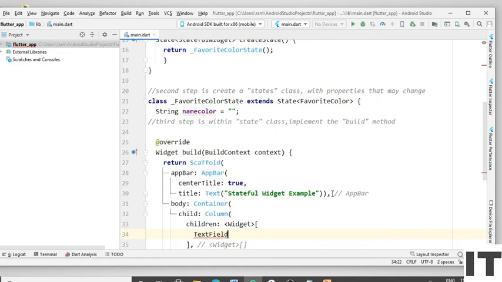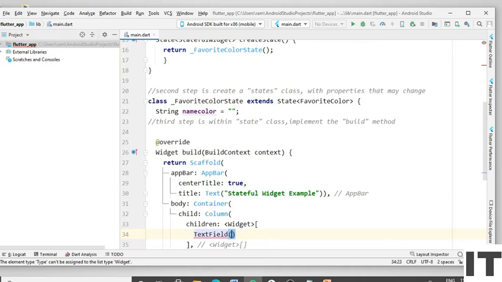As the first element of the column, I will define a TextField widget. TextField is a widget in Flutter that allows the user to enter some data. That is, it takes user input. So here the user enters something and presses enter. In that case, to handle the user input, we have a special handler, onSubmitted.